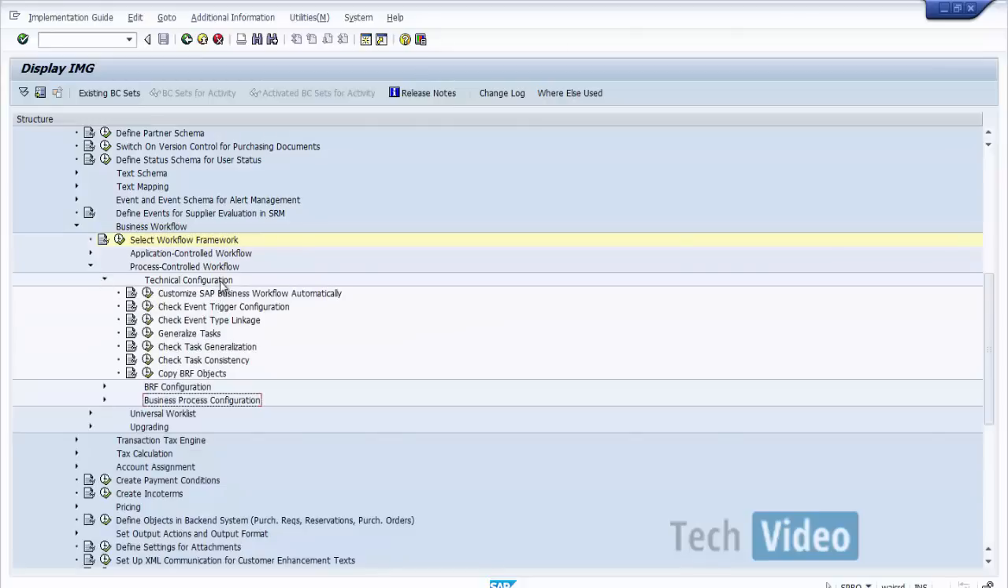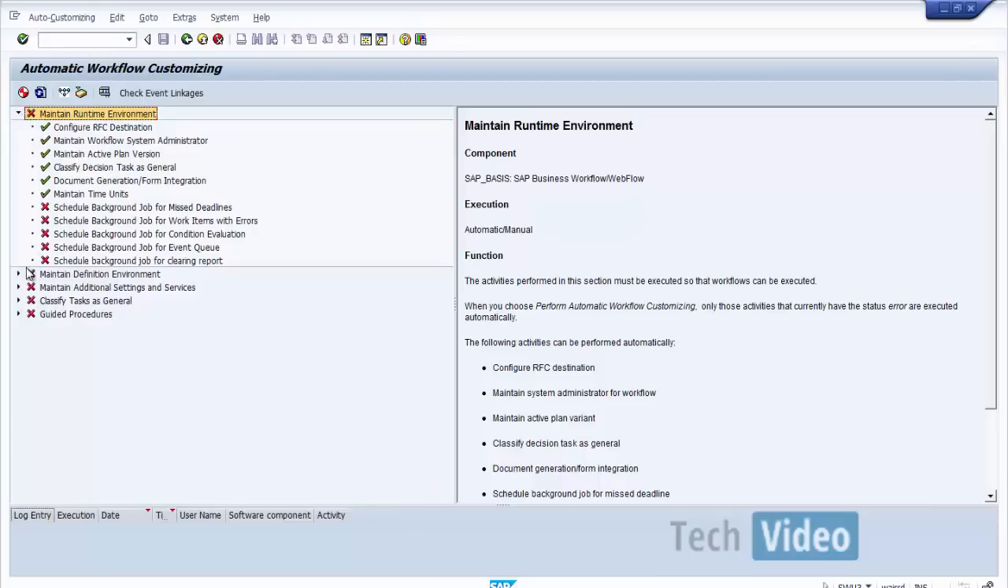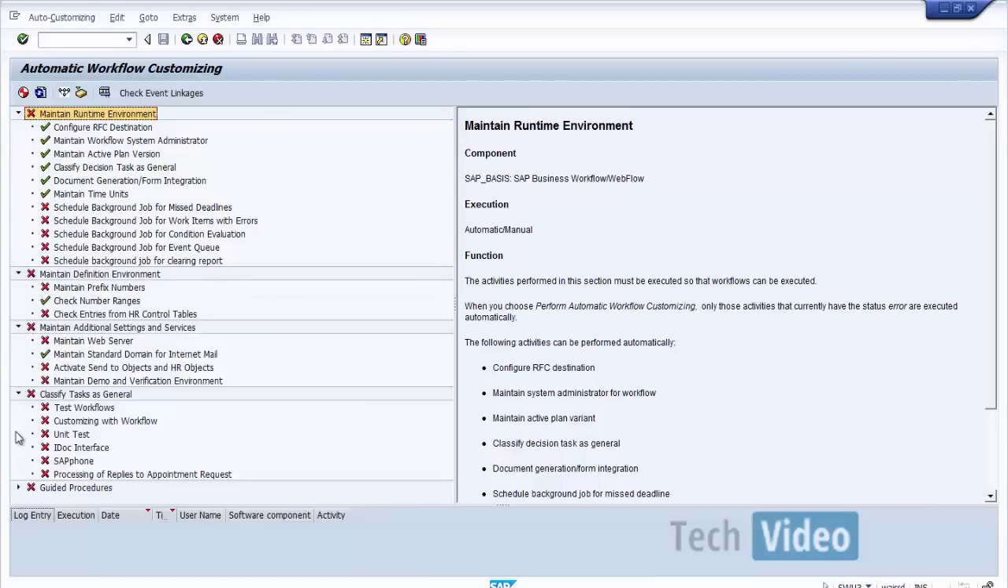Let's first check the technical configurations. Customize the business workflow automatically. When we execute this transaction, it will take us to the screen where you will have an option of choosing the automatic workflow customizing. What that does is you click on the red button here, it will make everything that you see here,